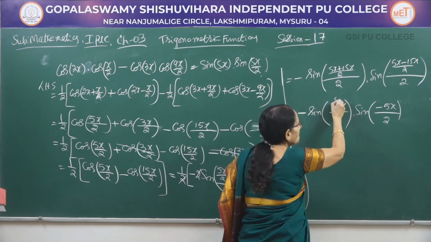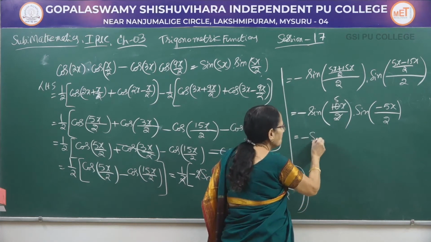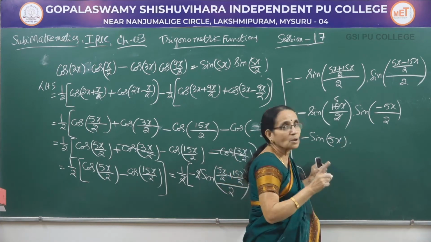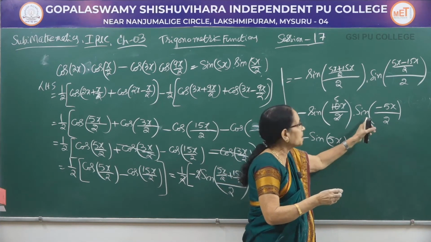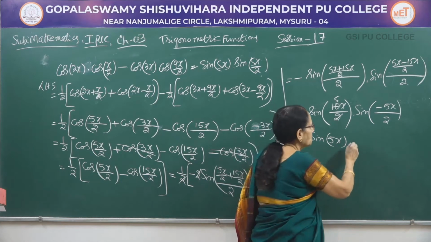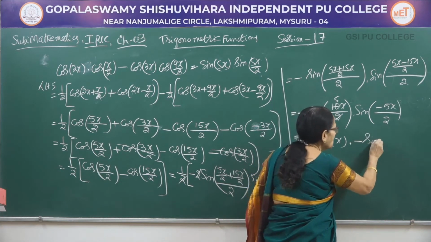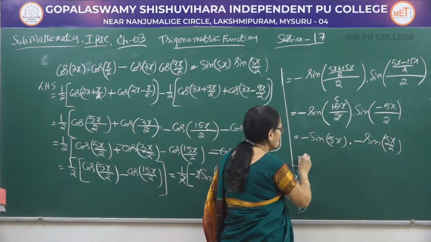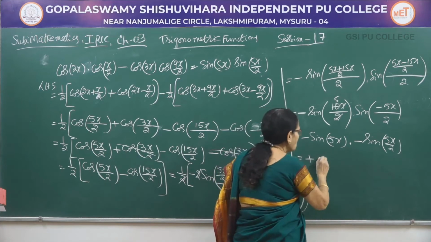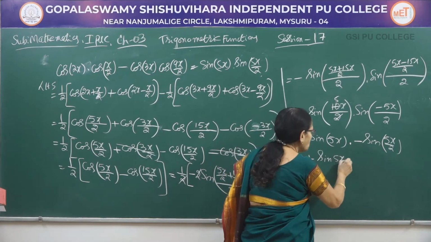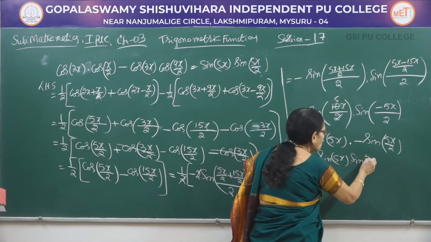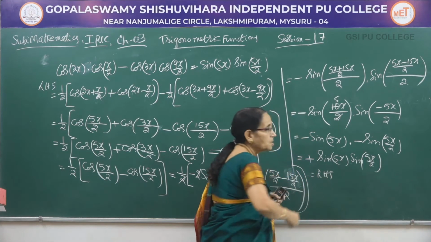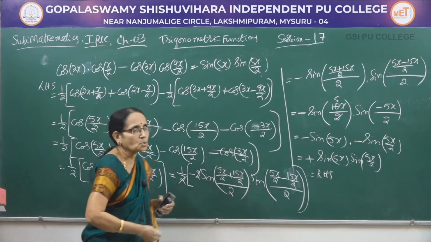Now one more cancellation we can do, and it is minus sin of 5x. But again you know that here you can't do any cancellation. Sin of minus theta is minus sin theta. So into minus sin of 5x by 2. Here I could do the cancellation. So minus of minus is plus, we get the answer sin 5x into sin of 5x by 2. So this is the right hand side we needed. So this is how you have to solve the problem.